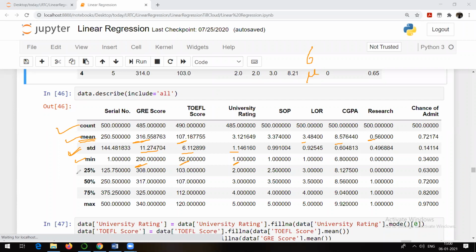25 percentile. I think we already discussed this one also. What do you mean by 25 percentile? So for example, if you consider the GRE score column, and the 25 percentile in the GRE column is 308, what do you mean by that? Now try to listen carefully. What is the meaning of this? It means that